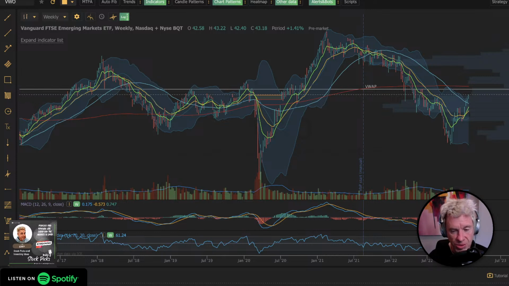Dollar cost average into it. When you get a chance to buy it under that 200-day on the weekly, just buy it under the 200-day. Keep adding to it. That's, in my mind, the best guidance I can give you. The only Vanguard fund I own is VOO. I try to keep it to around 35 holdings.